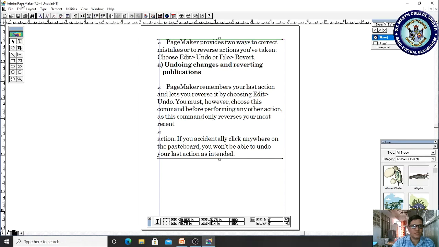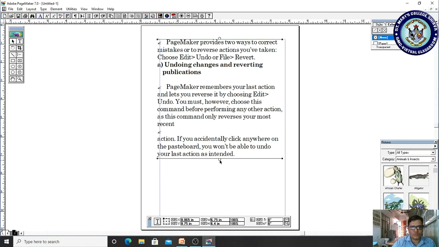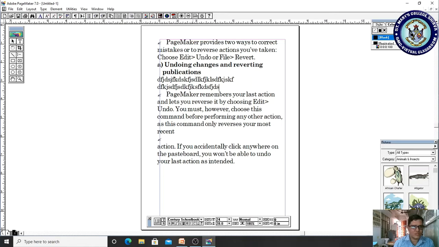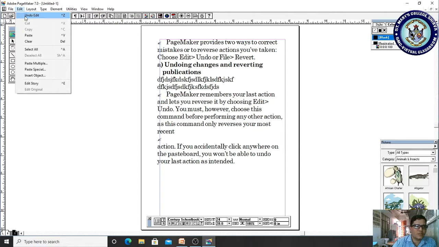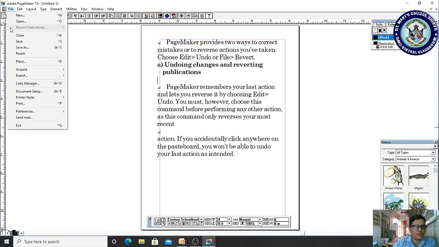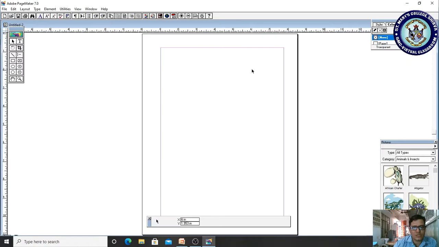This content is pasted. Let me go to Edit and check whether the Undo option is there. Now let me check whether the Undo option is working. Okay, so if I drag this and add some text here, I can type, right? After typing this information, if I want to undo the last action or correct the mistakes, I can go for Undo in Edit. Or else I can go for File, which has the Revert option. If I choose revert to last saved version, it will come to the last saved version. It means it will completely close our application.